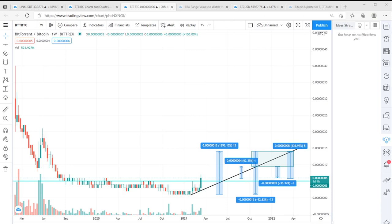So, returning to the chart, we see here that the recent bottom at 1 Satoshi offers us a near-term potential, upon recapturing of some 2019 lows, for a 10x or 1000% return. Folks who bought at 1 Satoshi in early 2021 ought to be cheering quite loudly now, having already secured a